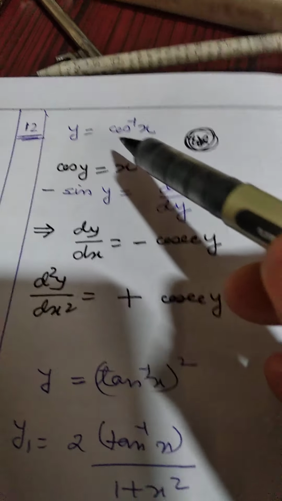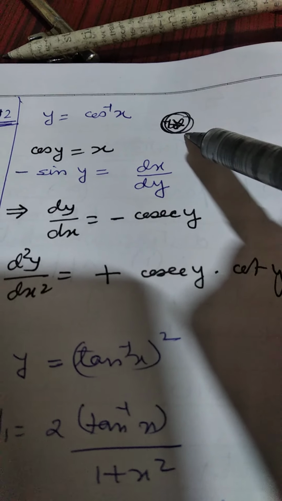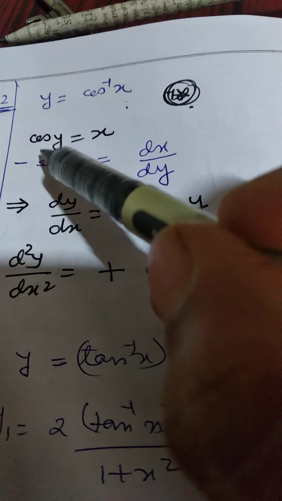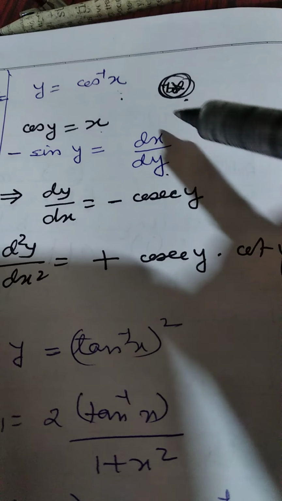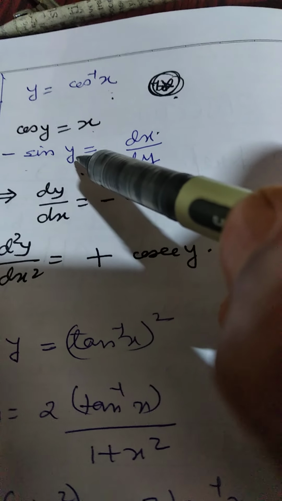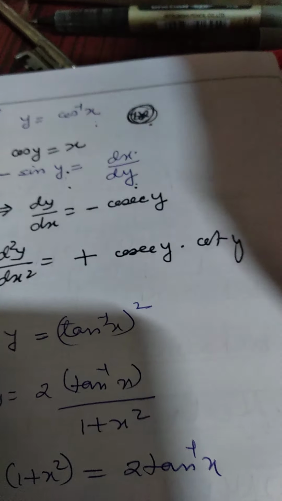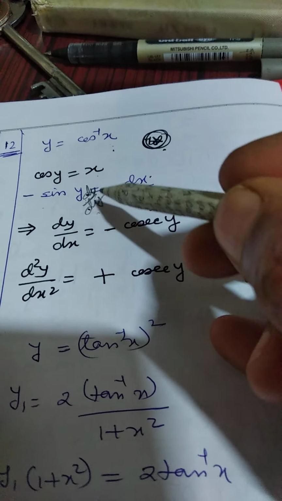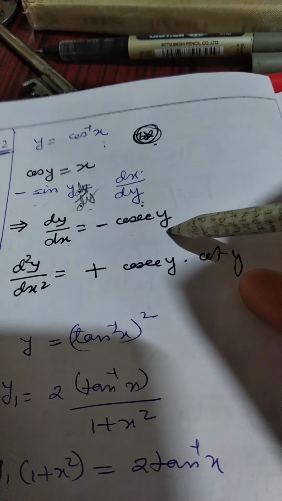Now the next question that you have is the 12th one, that is cos inverse x. Now here the question says to express the answer in terms of y. So what I did, I changed the format of this expression. It is cos y is equal to x. And here I differentiated x with respect to y. So we have dx on dy on the right hand side and derivative of cos y is minus sin y. Since it's differentiated with respect to y, we have on the left hand side dy on dy, which makes it 1. So we have only minus sin y. And we can invert this statement and we have it as dy on dx as minus cosec y.